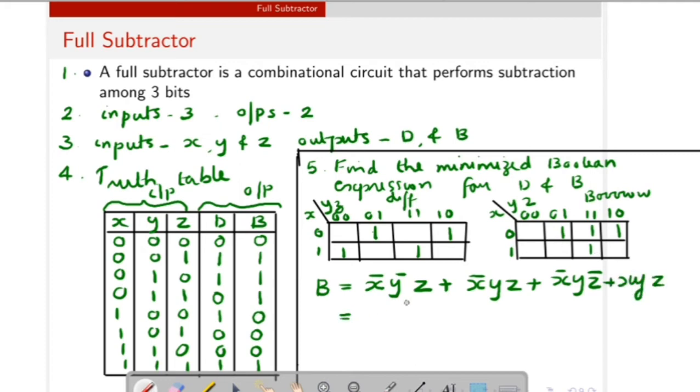Okay, so that is equal to, applying the distributive law for the first and last term, z into (x bar y bar plus x y), plus